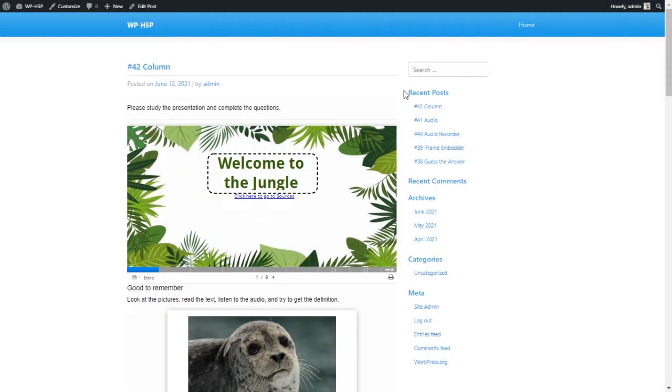Welcome everyone. So today we're looking at creating columns using H5P on WordPress. A column is nothing special. It is a way of displaying different H5P modules on one page, all vertically. So if you see here,